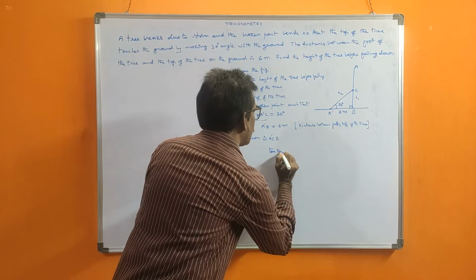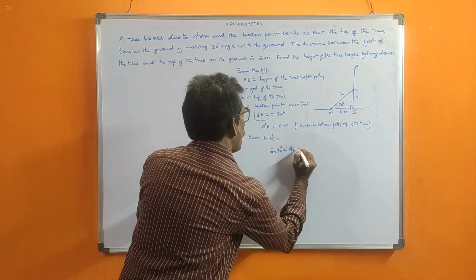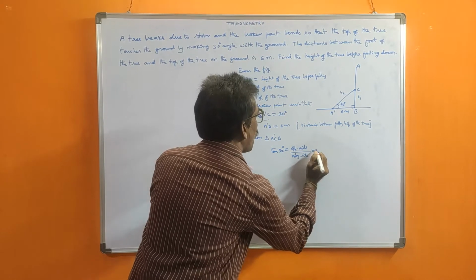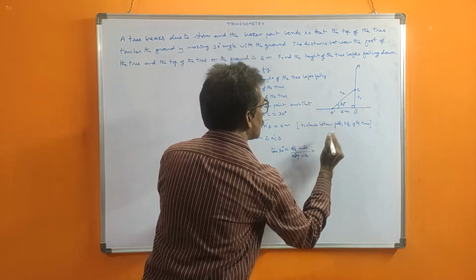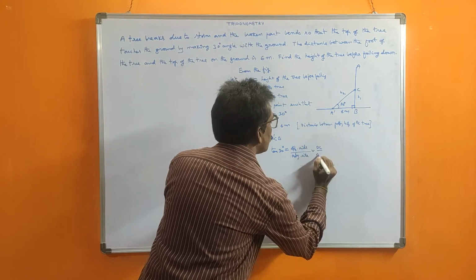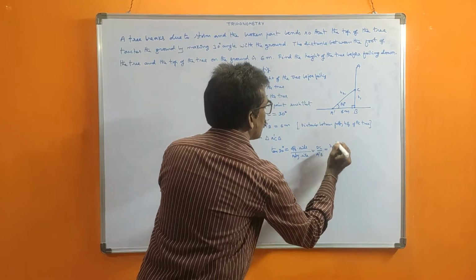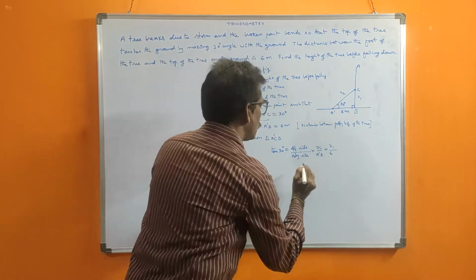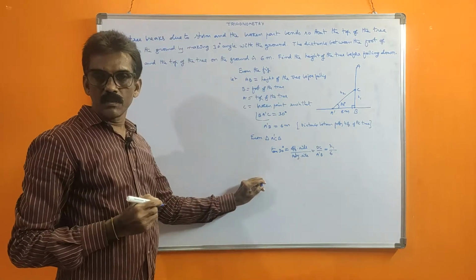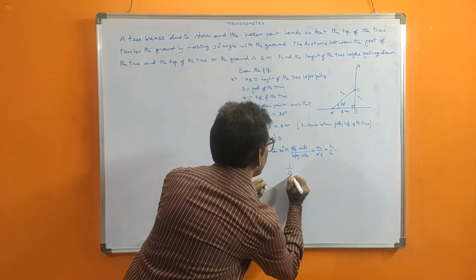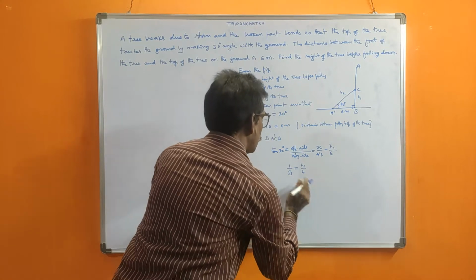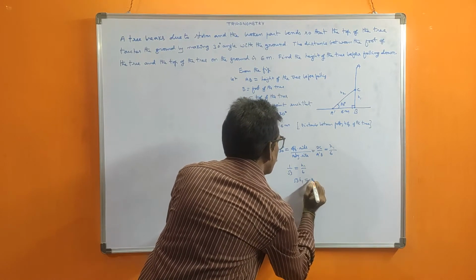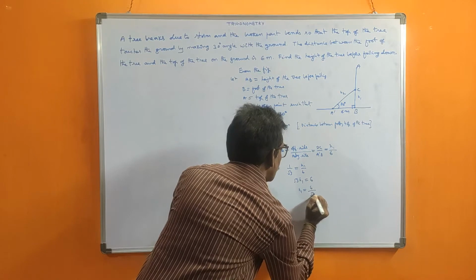Tan 30 degrees is equal to opposite side by adjacent side, you write. Now the opposite side for A dash is BC, and the adjacent side is A dash B. Given known values, BC is H1 by A dash B is 6. Tan 30 value we know, that is 1 by root 3. So 1 by root 3 is equal to H1 by 6. If you cross multiply, root 3 H1 is equal to 6 ones are 6. H1 is equal to 6 by root 3.